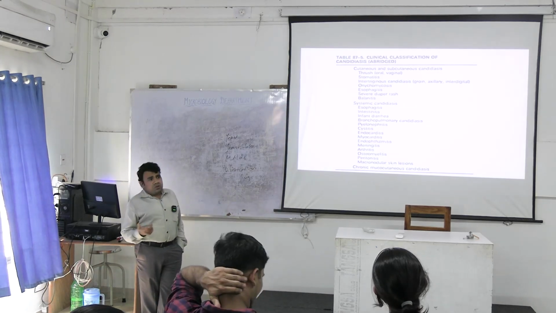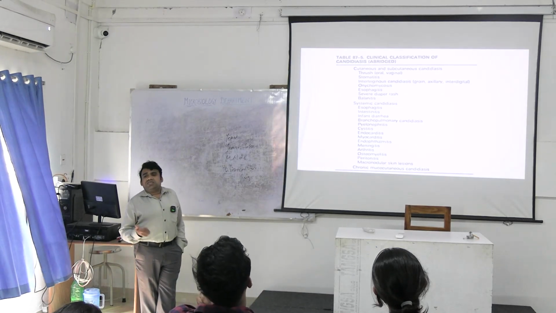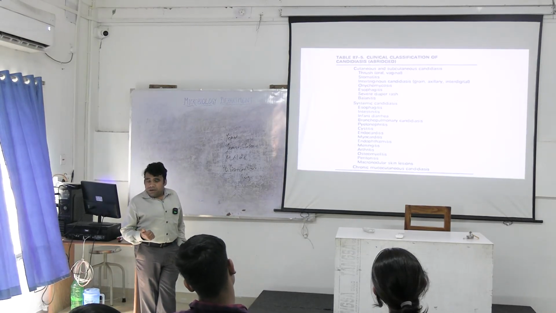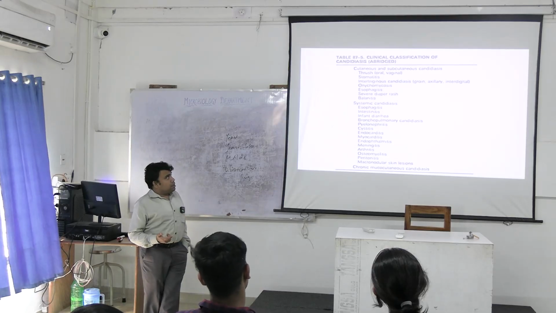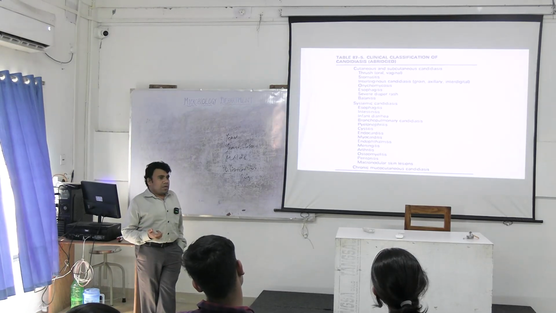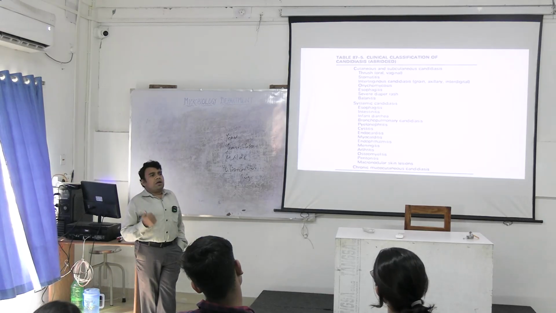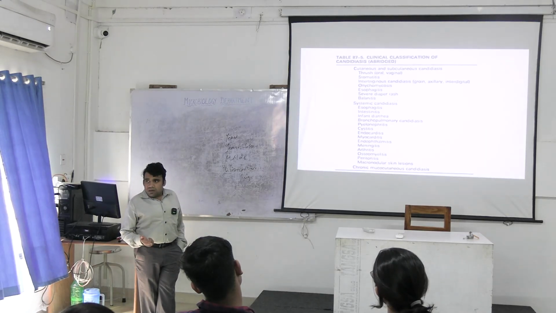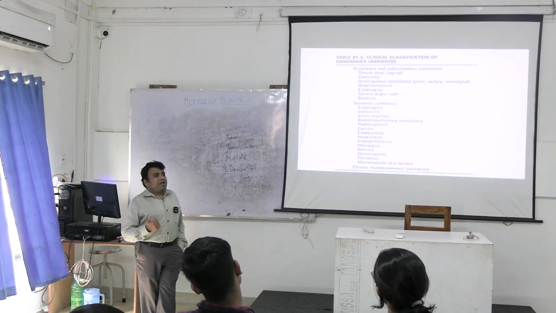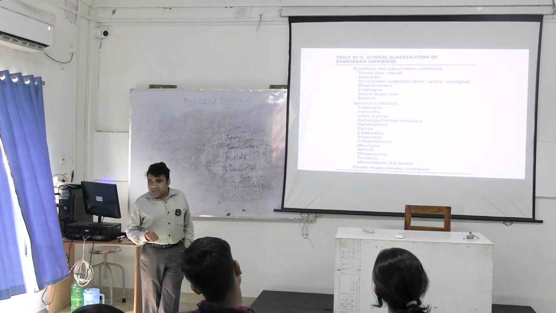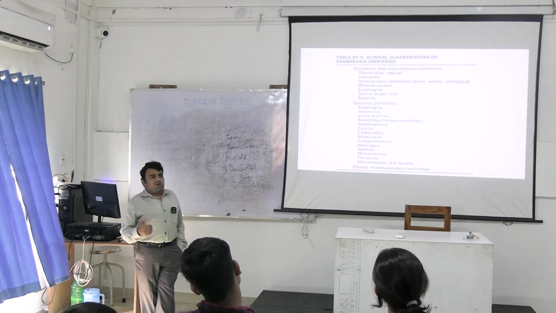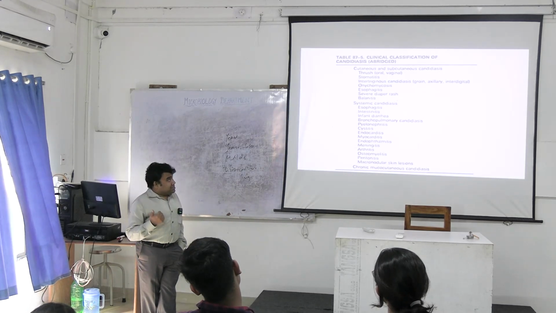Then we can also find this kind of infection in the intertriginous areas like axilla, groin, inframammary region in females. This infection can also occur on the nail bed itself. Very commonly seen, especially in hot and humid country like India, where if the people start wearing the footwear for a prolonged period of time, nail bed may get infected. Then we call it as onychomycosis. Onychomycosis means fungal infection of the nails. Next,